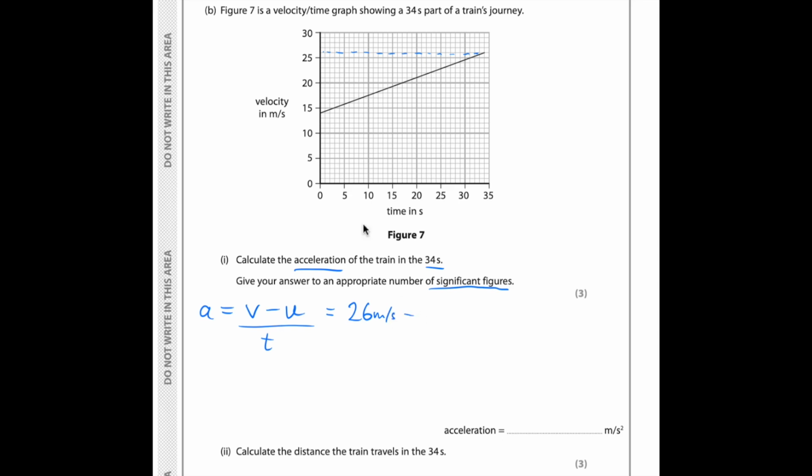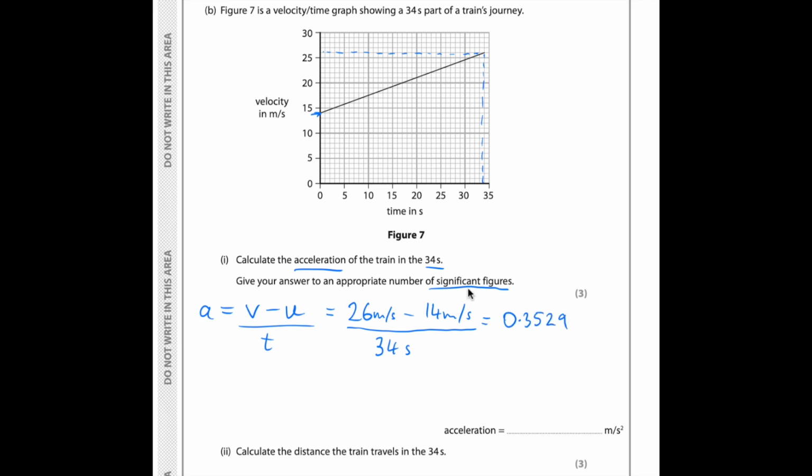We need to take away the initial velocity, which was 14 meters per second, and we need to divide that by the time of the journey, which was 34 seconds. And that comes out as